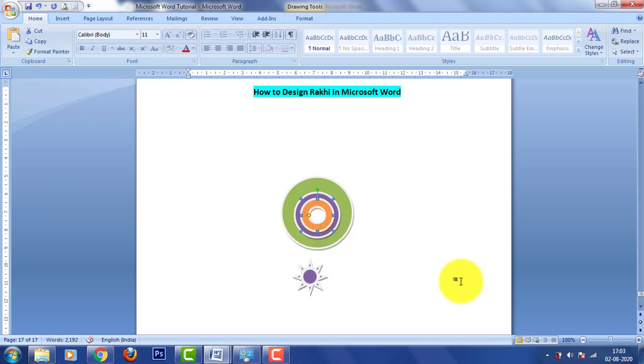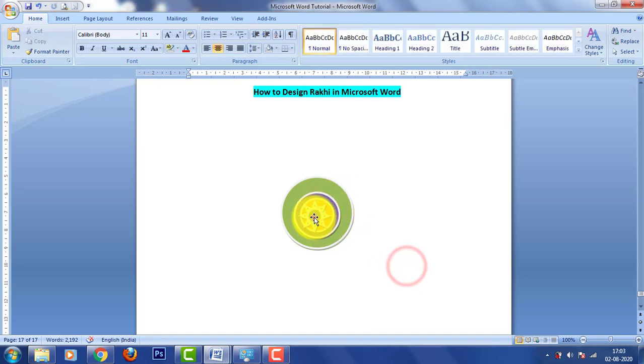You can use the arrow keys also to move the shape, and then place the star on it. Let's make the sun a bit smaller so that it's placed on the orange. Now it's okay.